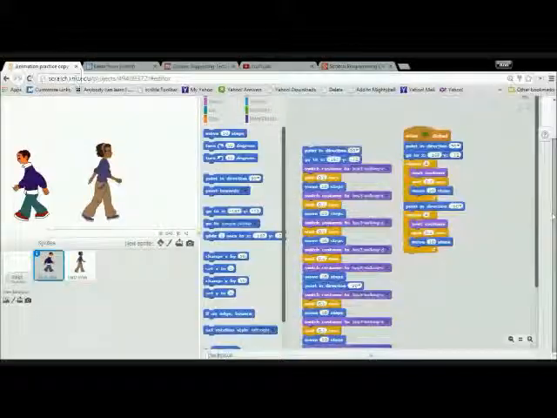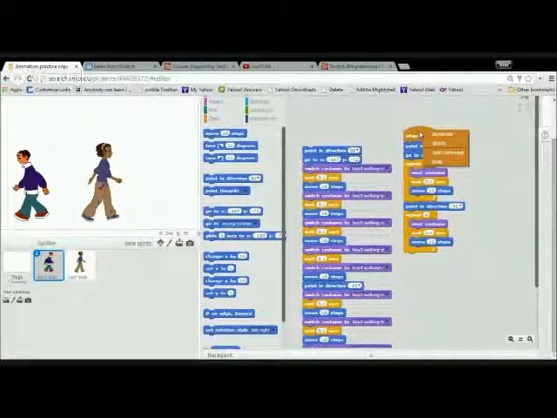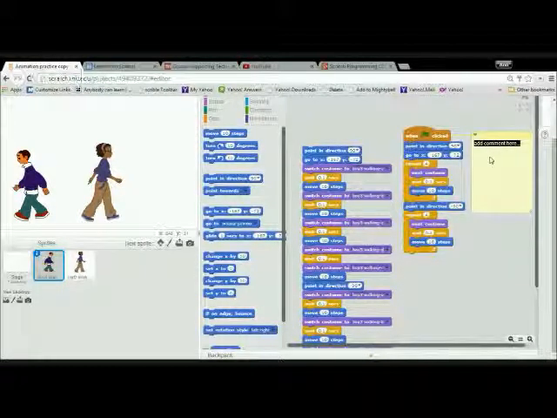And in this one, I've got two different scripts that do the animation. So what you might do for this is right click and put add comment. And I could put run this script first,